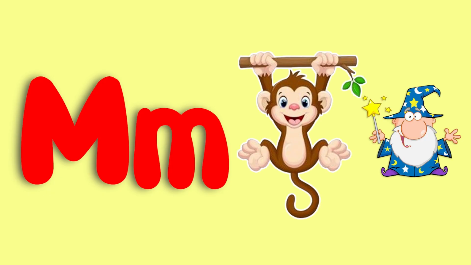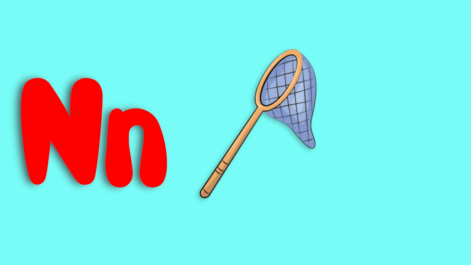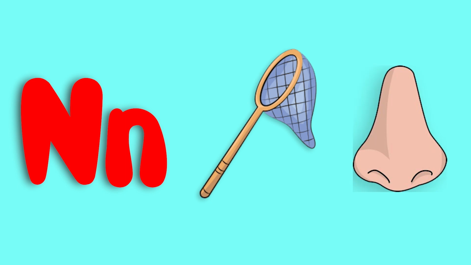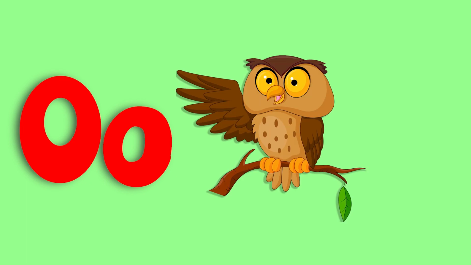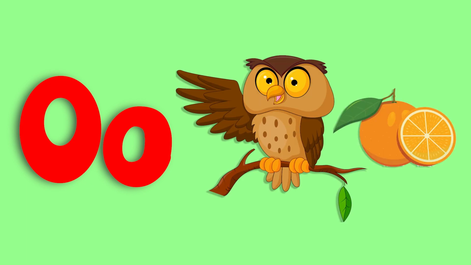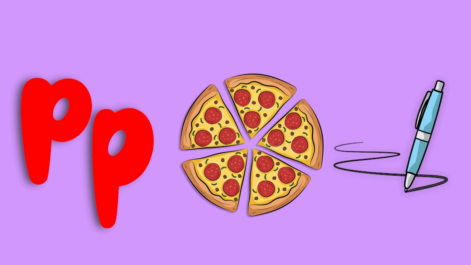M for monkey, M for magic, M. N for nest, N for nose, N. O for oval, O for orange, O. P for pizza, P for pen,